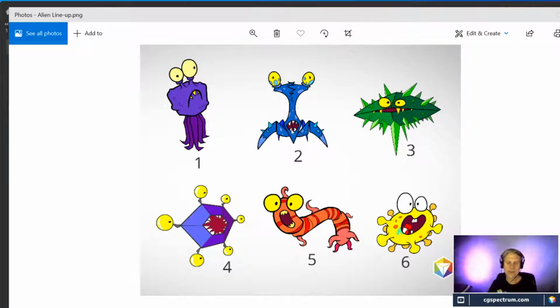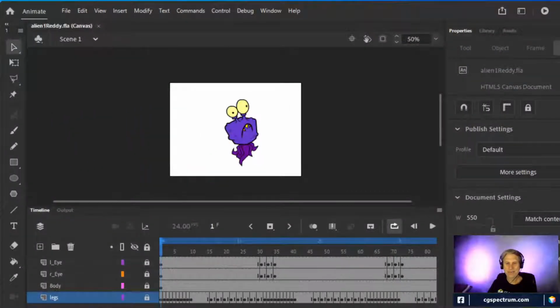So again, this was all just looking at these characters that I've been given and going, well, what can I do with them? And how can I make them move before I even started messing around with them? I mean, you're seeing the final color. I don't even think I did the color first. I just looked at the drawings, which unfortunately I don't have right in front of me, and said, okay, what am I going to do with these? And based on that, I decided how I would animate them.